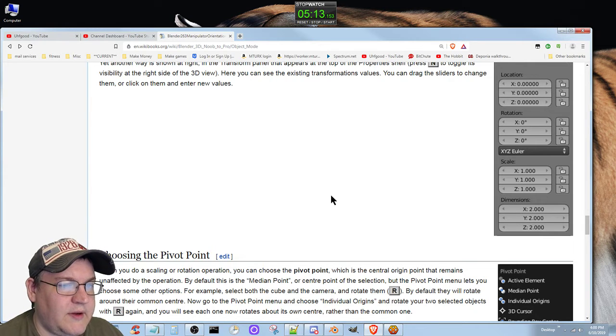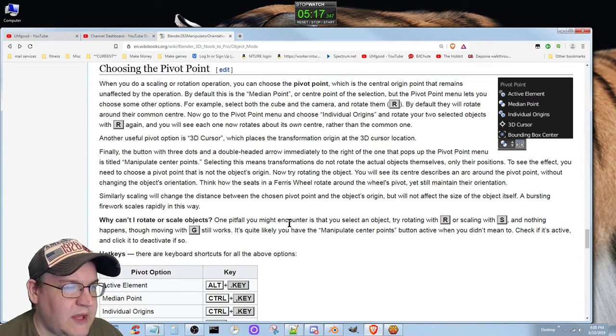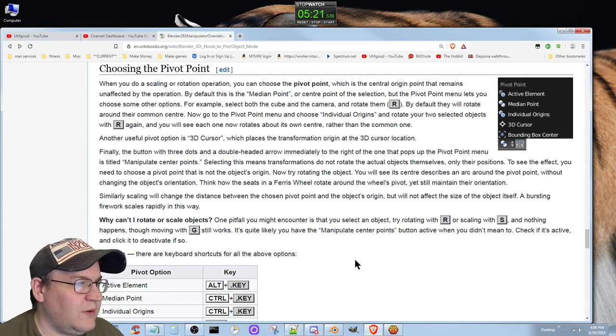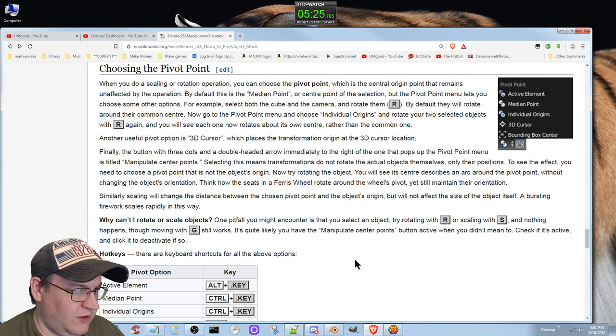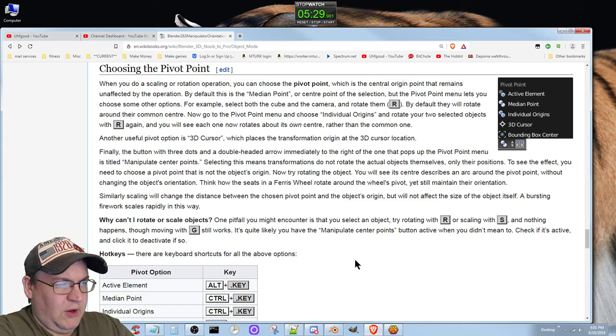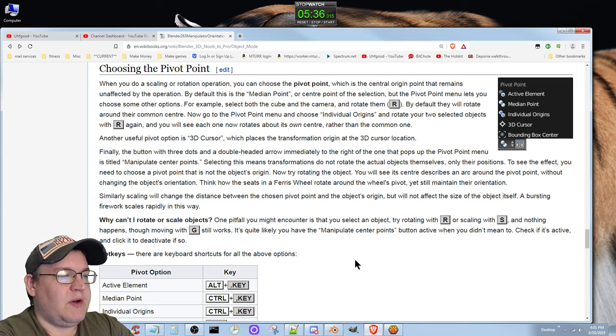Anyways, choosing the pivot point. And here's something kind of interesting. These should be similar to the old one. When you do a scaling or rotation operation, you can choose the pivot point, which is the central origin point that remains unaffected by the operation. By default, this is the median point or center point of the selection, but the pivot point menu lets you